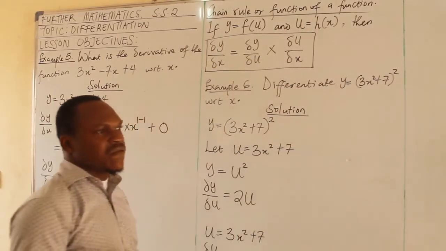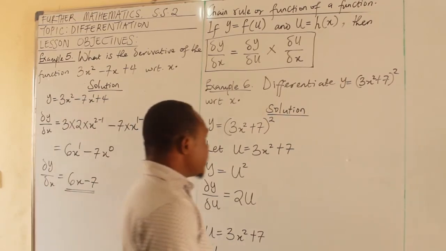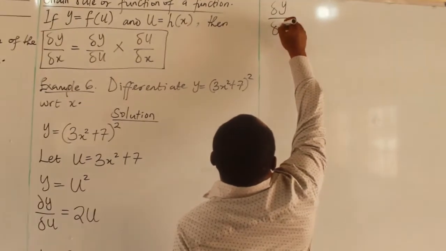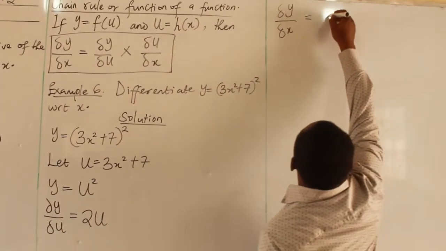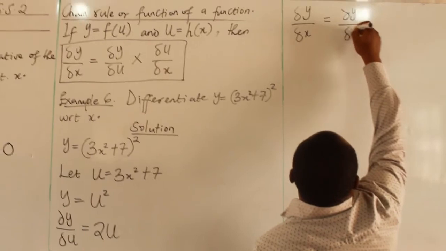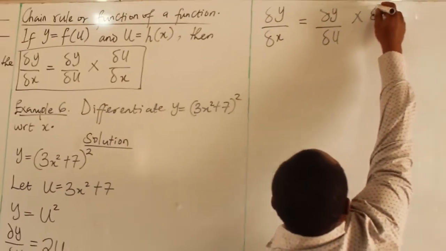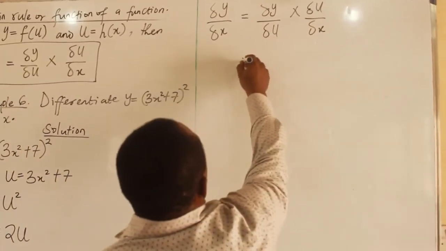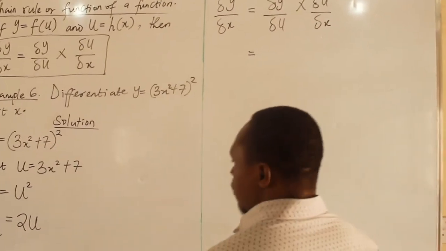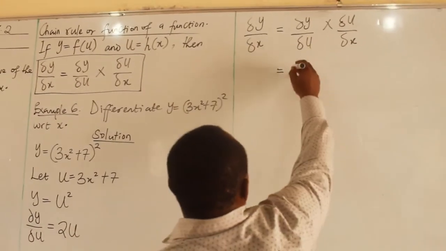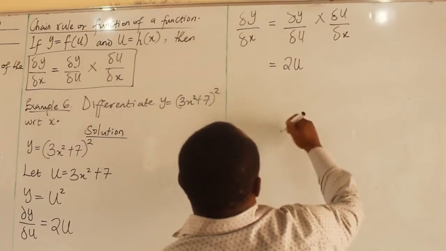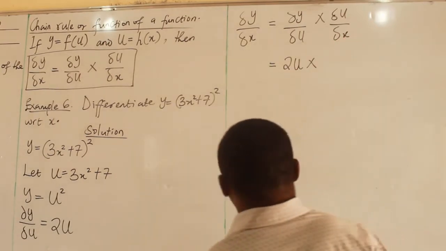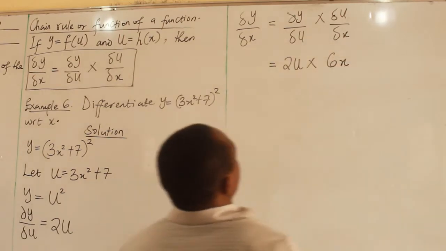And we have a function which is a function of another function. So applying chain rule, we have dy over dx is equal to dy over du multiplied by du over dx. So we ask ourselves, what is dy over du? dy over du here tells us 2u, we place it here, multiplied by du over dx. du over dx is 6x. But remember